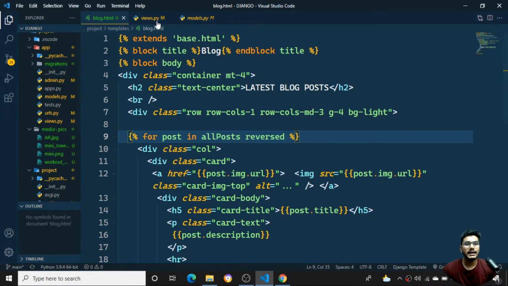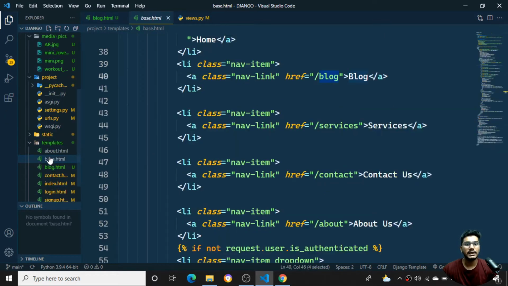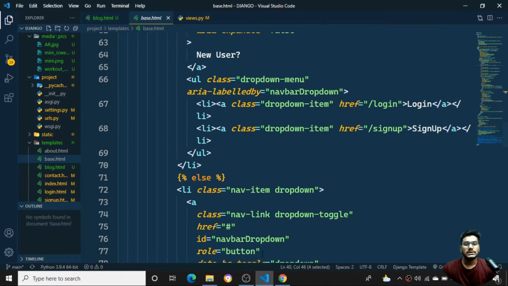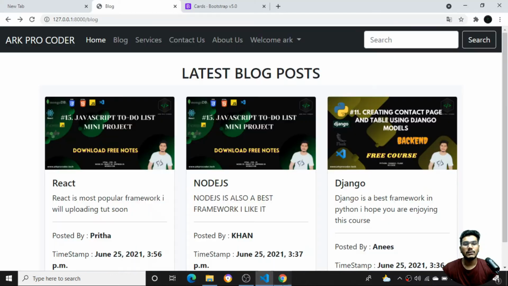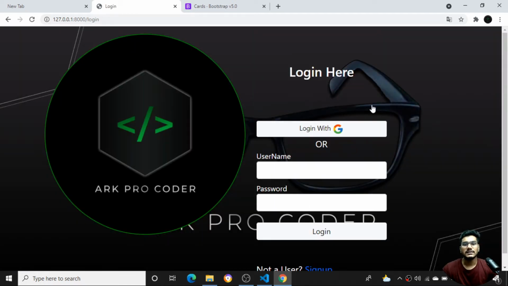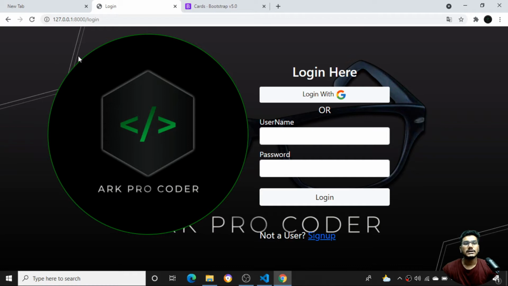So now let's come back to my base.html page. We'll see the get request now. Okay, we'll see one more thing over here. If the person is not authenticated, if I just log out from here, the logout is a success. If I go to the home page and click onto this logo, it should redirect me to the home page.